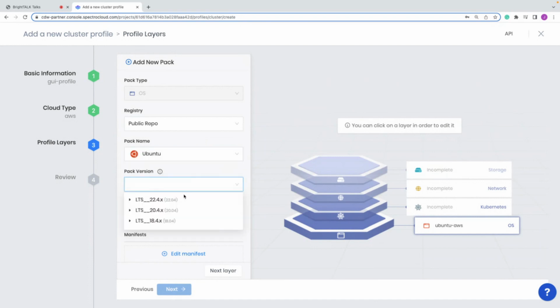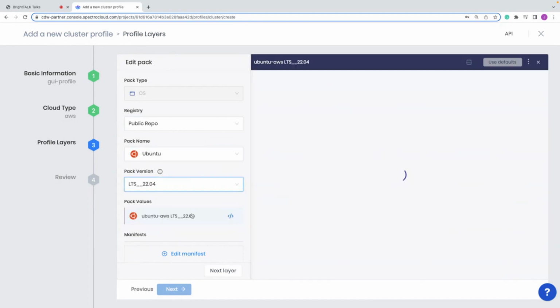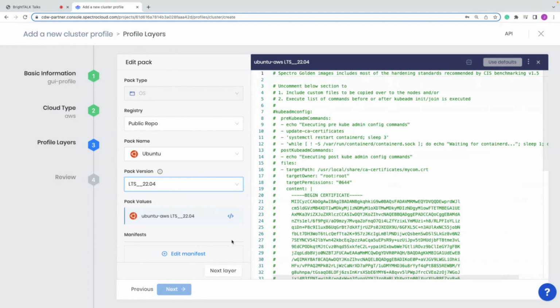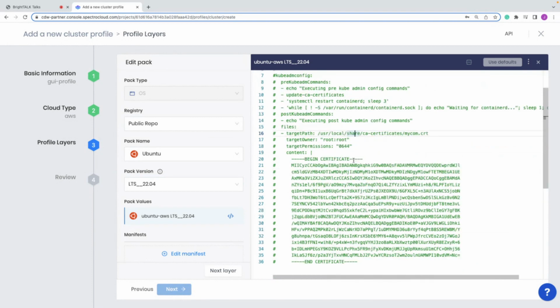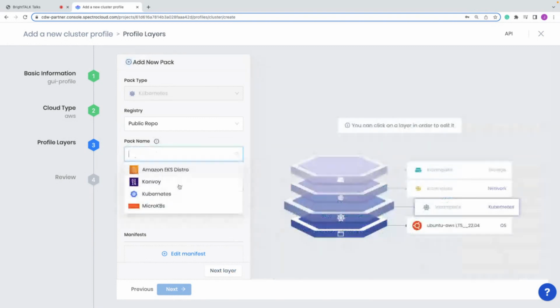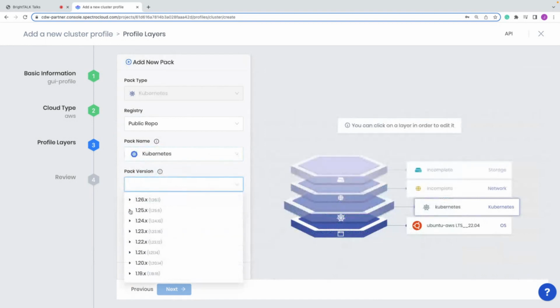So in this case, I'm going to choose Ubuntu 2204. I'm an administrator in this environment, so I'm more of the operations persona here. Through role-based access control, I've been given permissions to modify some of these things. We like to call these the nerd knobs. As long as you have appropriate permissions to control, you can come in here and modify any of these nerd knobs. Okay, I'll choose Kubernetes version.